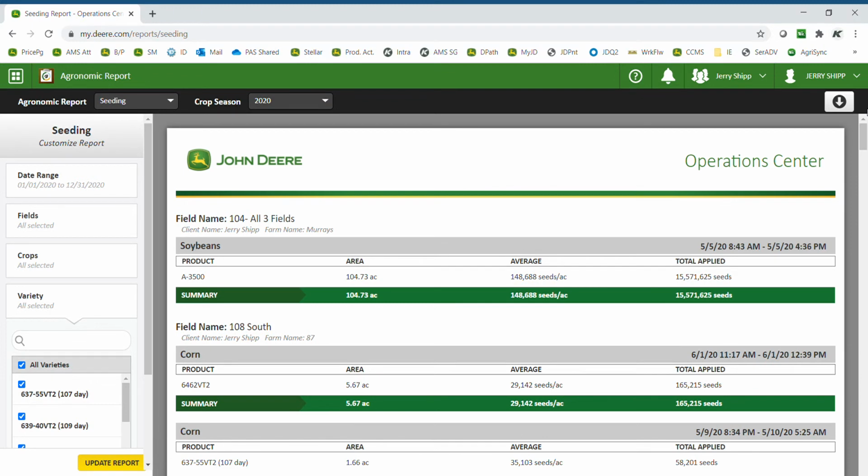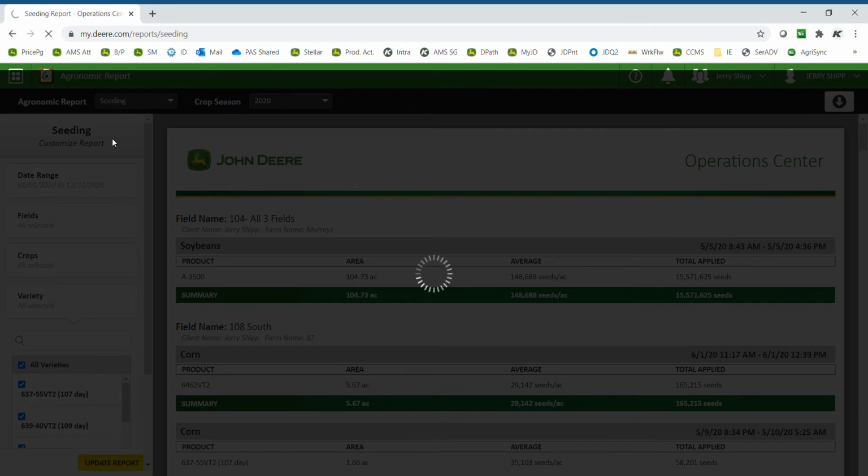If you would like to print this out, select the download button and select print. If you would like to download this report to Excel, you could click download CSV. Other types of reports include application,